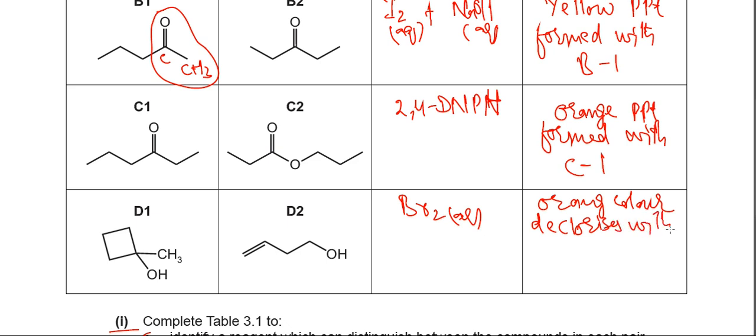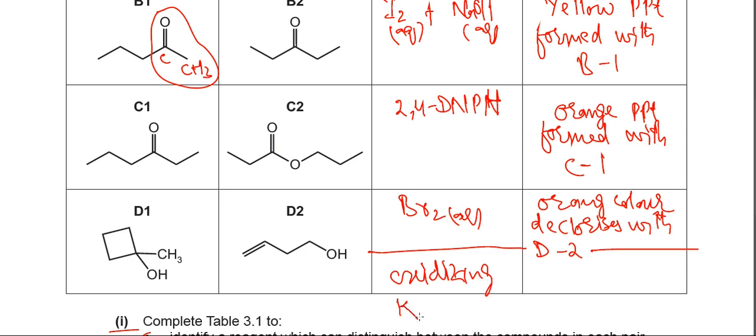With D2, if you are not going to write this one, you may use any oxidizing agent, but remember, try to use the potassium dichromate typically. Potassium dichromate, because if you use potassium manganate, then this double bond will also react. Anyhow, D2 will change the color of potassium dichromate